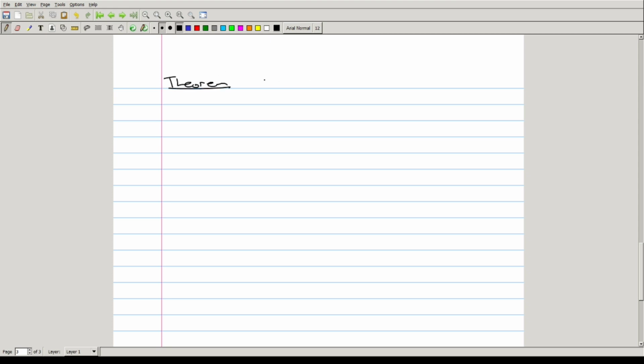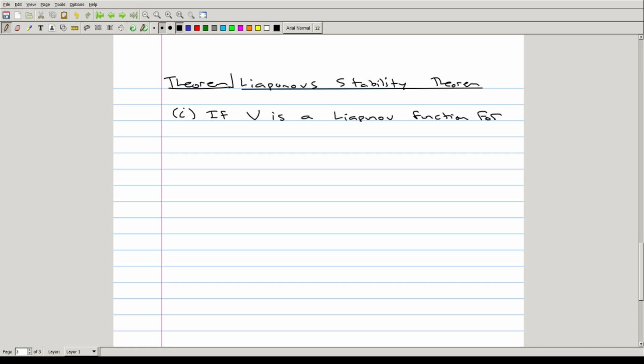This is sometimes called Lyapunov's stability theorem. If V is a Lyapunov function for star on an open set U,